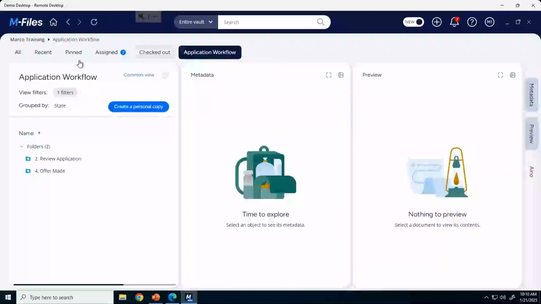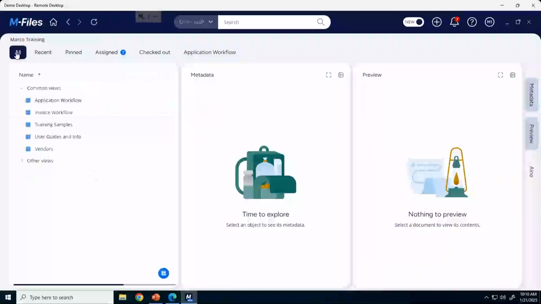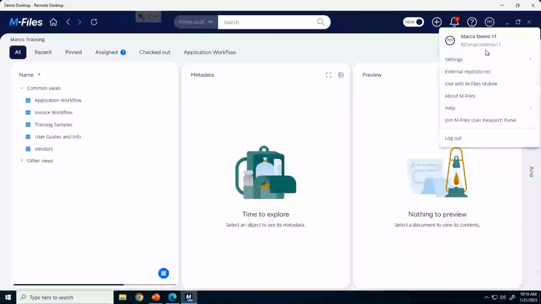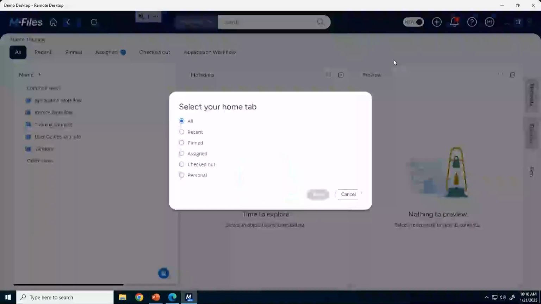Now, what does that mean? Well, if I go to All here real quickly, remember that I can control where M-Files starts when I open up. Since I have my own tab up here, it's assigned the name of Personal because I personally put that tab up there. So if I select that